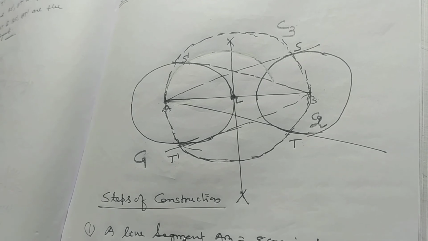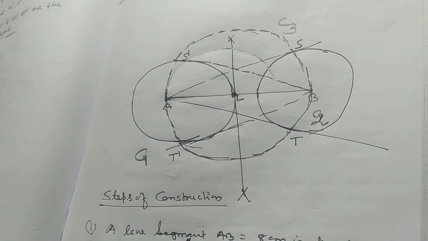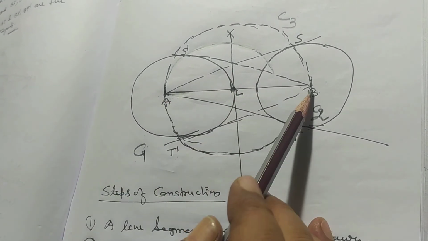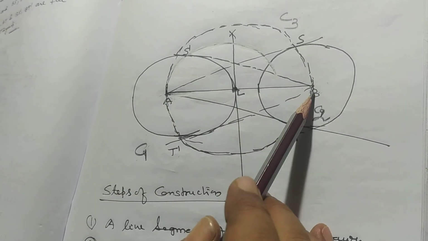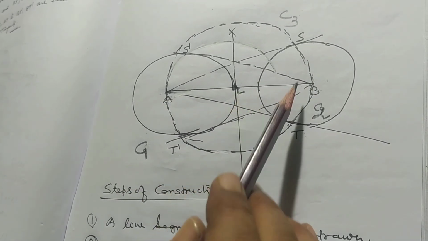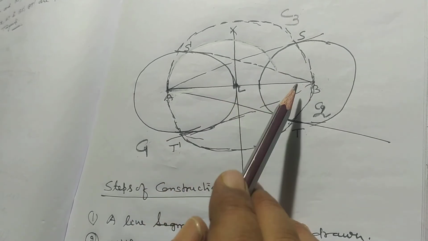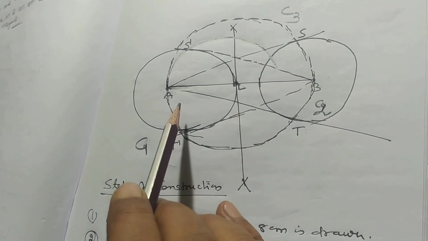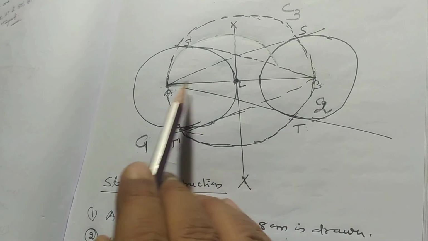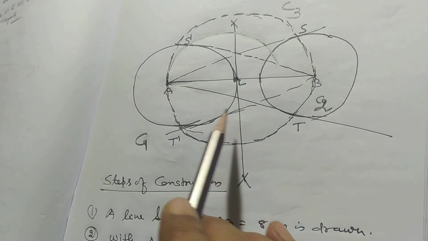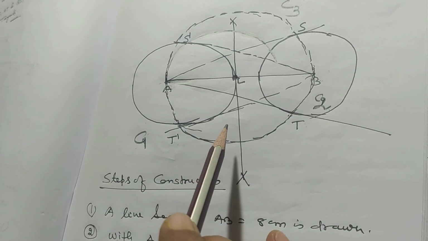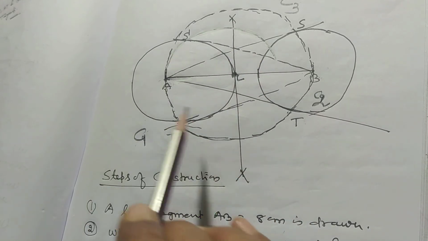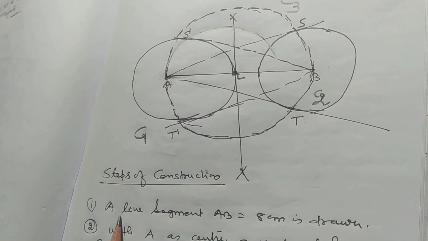In each and every problem, you have to draw a perpendicular bisector of the line segment which joins the centers of the circles. In every question we have to draw a perpendicular bisector joining the centers of two circles. And with an external point, we join the external point and the center of the circle and take the perpendicular bisector, and then draw another circle taking the foot of the perpendicular bisector as center.